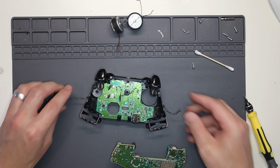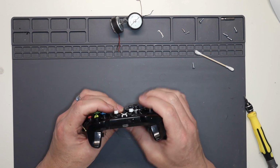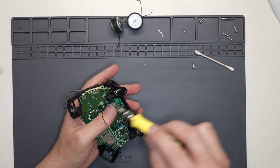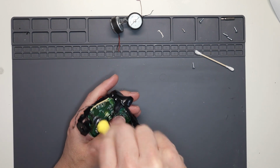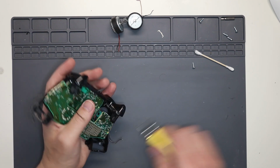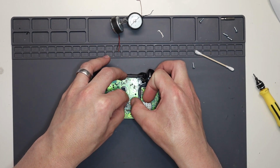Make sure the cables for the rumble motors are out the way. Pop in your top board. There's a little connector to connect the two boards together. Give that a click down. Then get your two screws that we took out earlier. One in this corner, one in the other corner, like so. Get your Wi-Fi aerial cable, feed this along there, and there's this little pop connector, just pops on